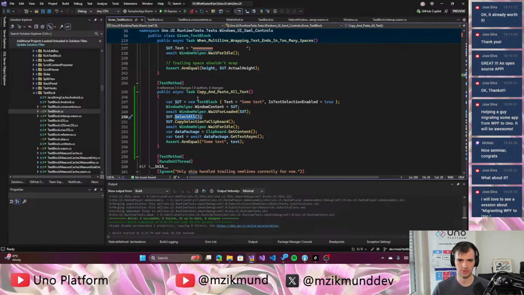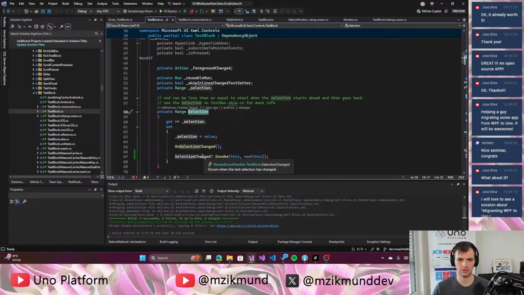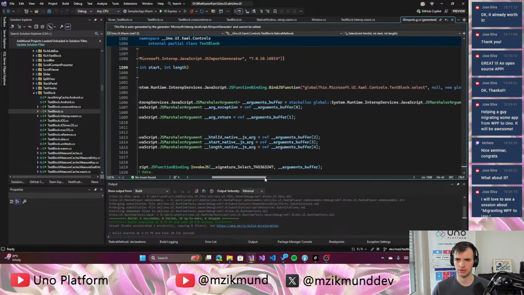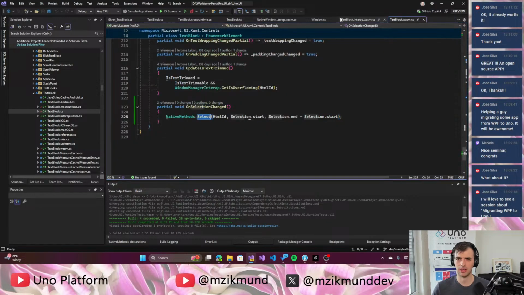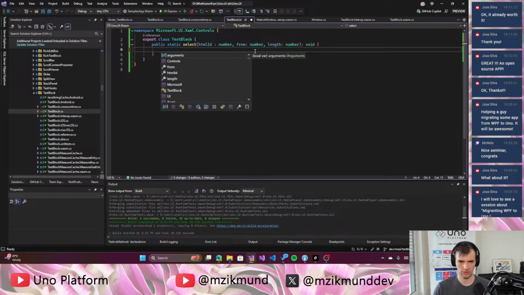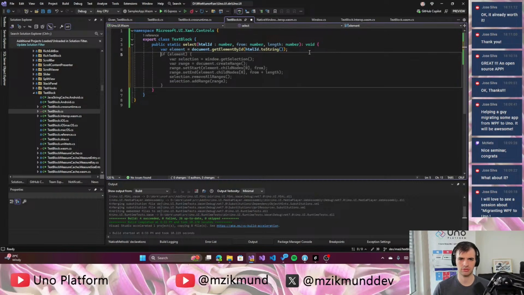Right, so we need to step back from this a little bit. Select all, let's see. The text length must be correct. And we should be right away after that hitting the on selection changed. The selection end should be the length. If we remove 0, we should get length there. And calling select should call the correct method, which is doing it. Okay. And now here we should be able to do something like element, yeah, get element by ID, and